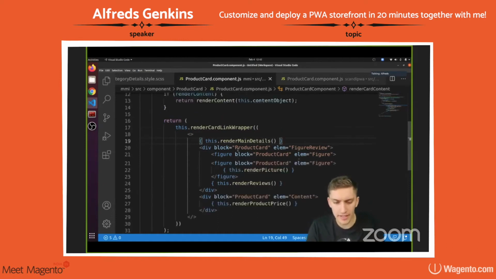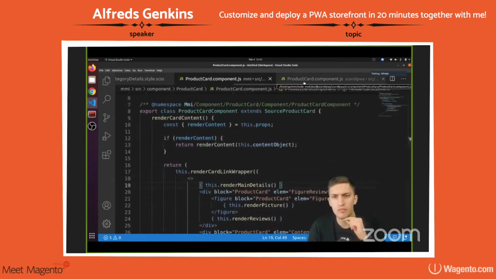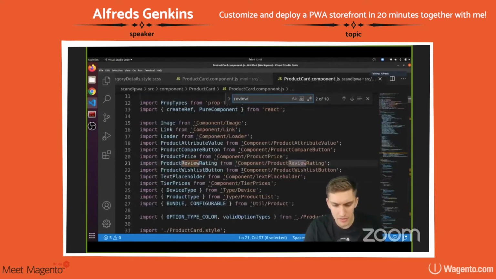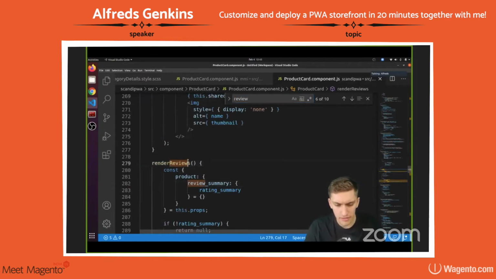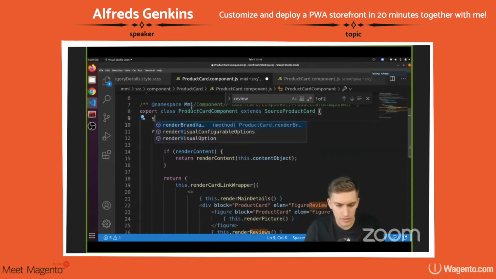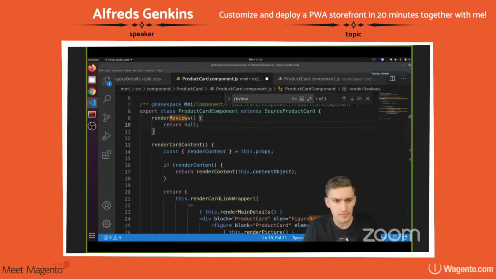Okay, I did it. So what am I missing also? I want my reviews to be completely gone. So let's take reviews here, render reviews. And in place of reviews, let's simply return null, because that's valid stuff to do. So let's type in return null here. And what else should we do? Let's pretty much, yeah, let's now